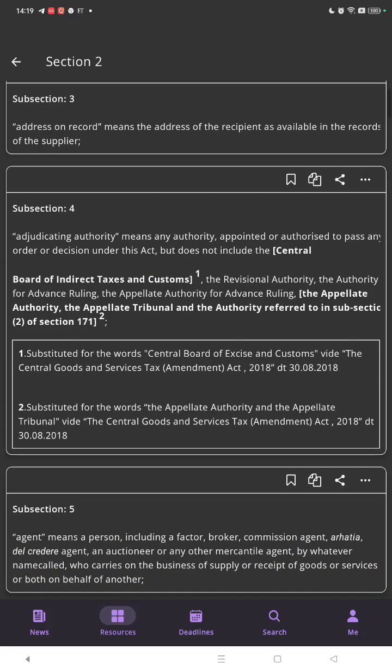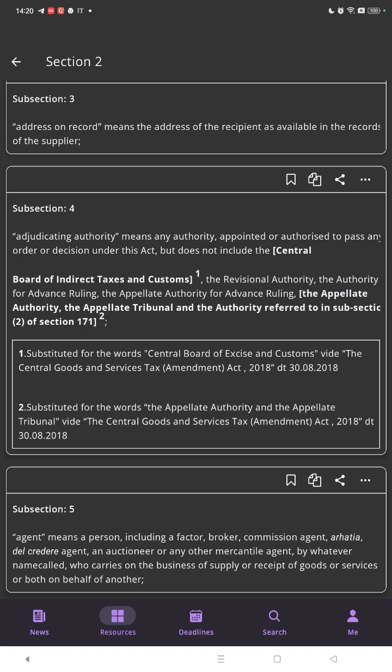supplier. Subsection 4, adjudicating authority, means any authority appointed or authorized to pass any order or decision under this Act, but does not include the Central Board of Indirect Taxes and Customs, the Revisional Authority, the Authority for Advance Ruling, the Appellate Authority for Advance Ruling, the Appellate Authority, the Tribunal, and the authority referred to in subsection 2